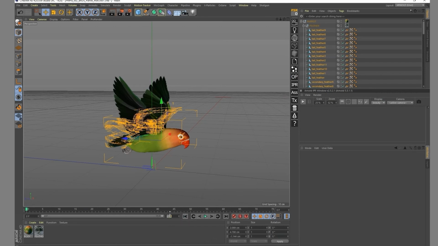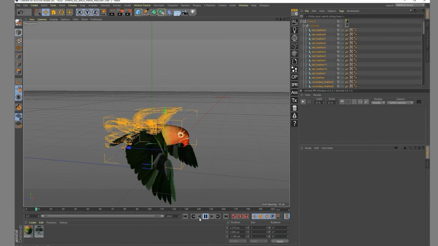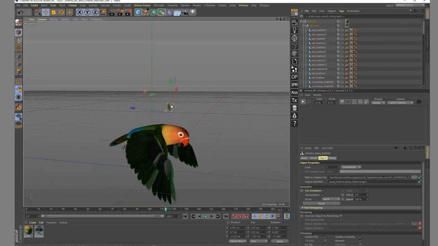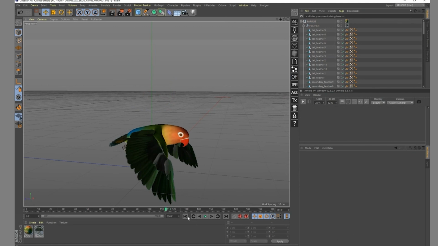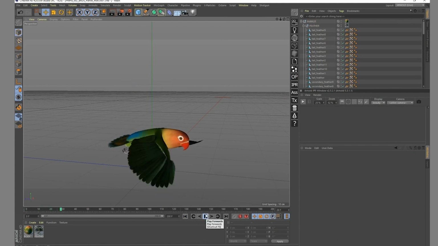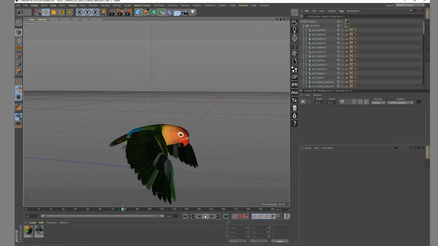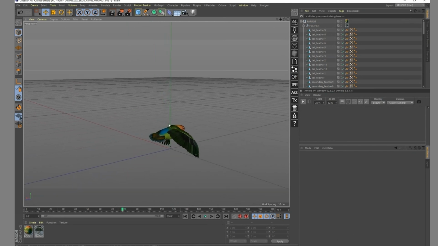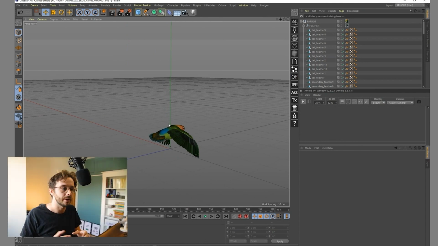So if I'm going back, I'm just going to give way more space for that. If I'm going back, now I have my parrot that is, well, flying. I still have one feather that I forgot to delete. That was bugging. But now it's working well. And I can start working right now on my idea, which is I'm going to create a cloner using a spline to be able to direct all those parrots along the surface of the building.